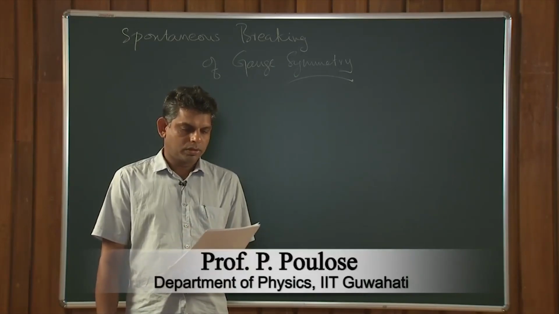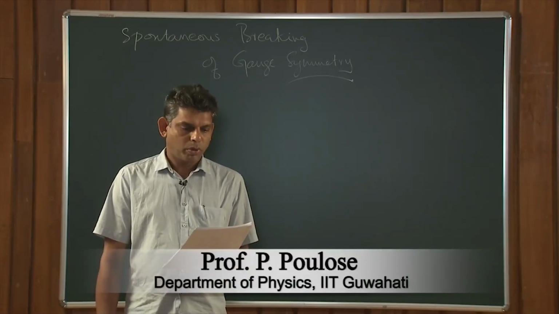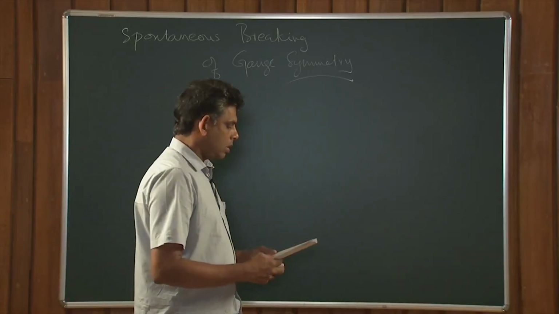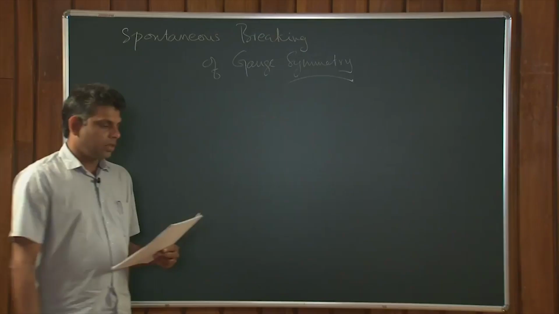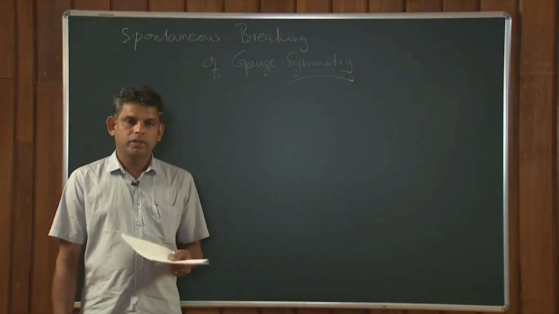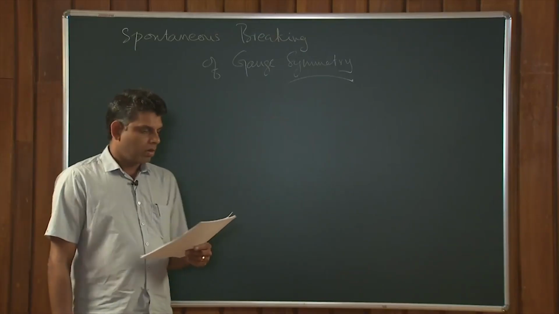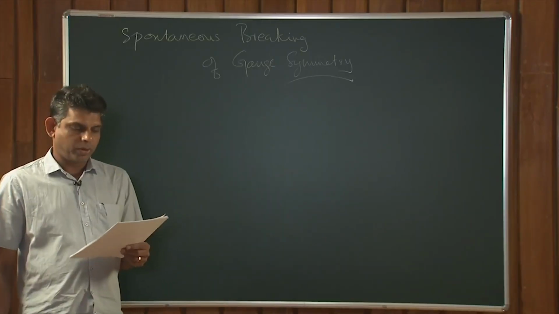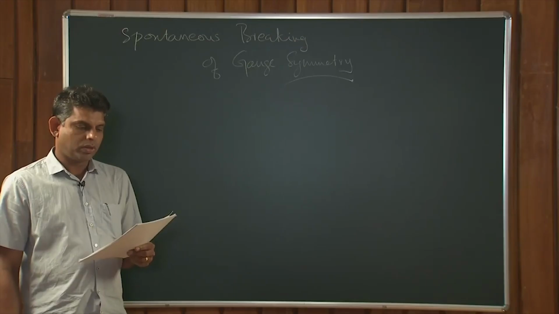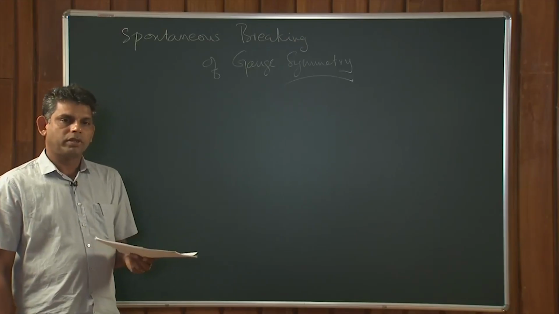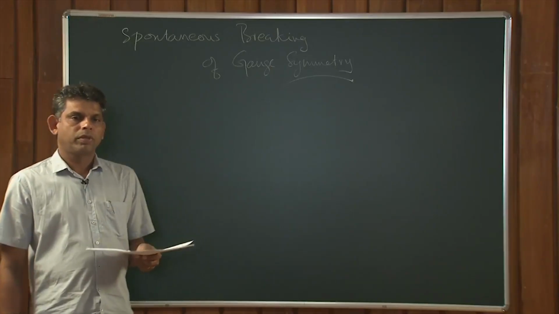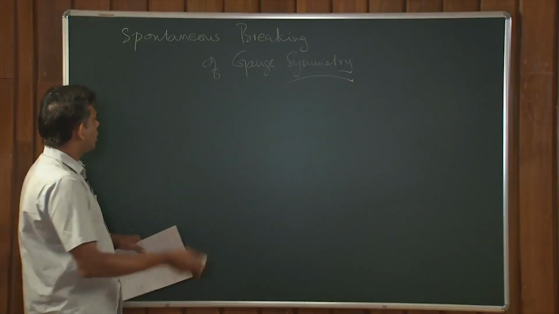Today we will discuss an important aspect of gauge theory, that is the spontaneous breaking of gauge symmetry. We learned that charged fermions like electron interacting with an electromagnetic field or photons can be understood